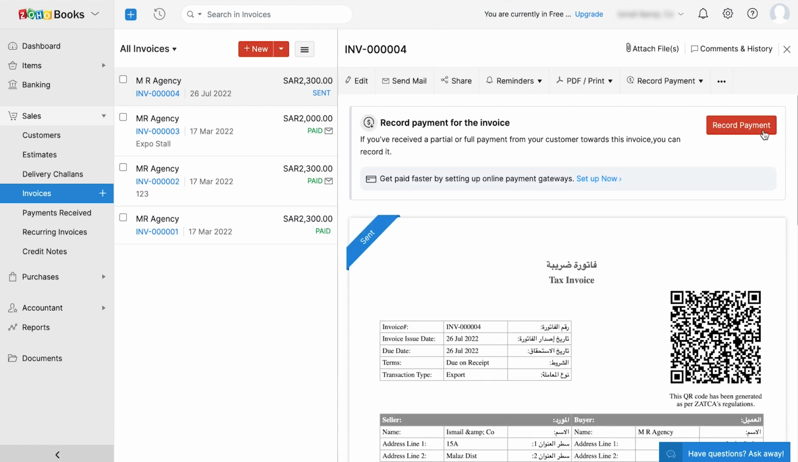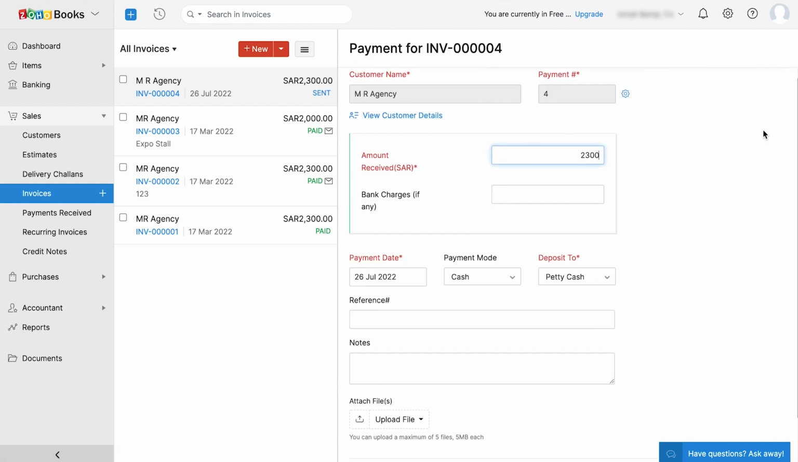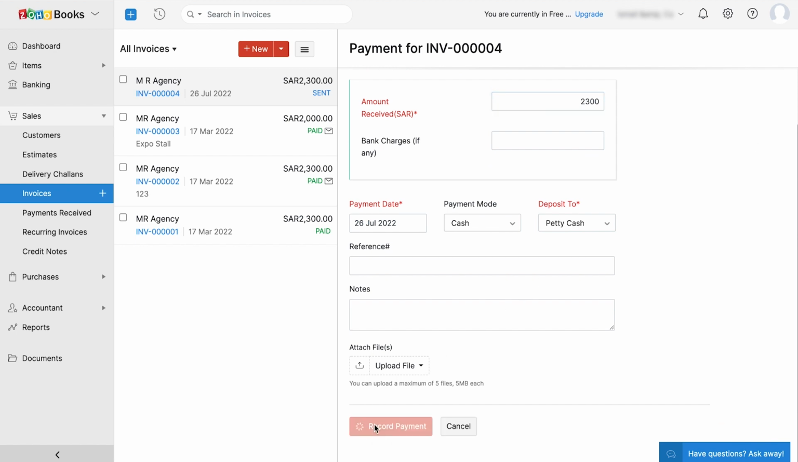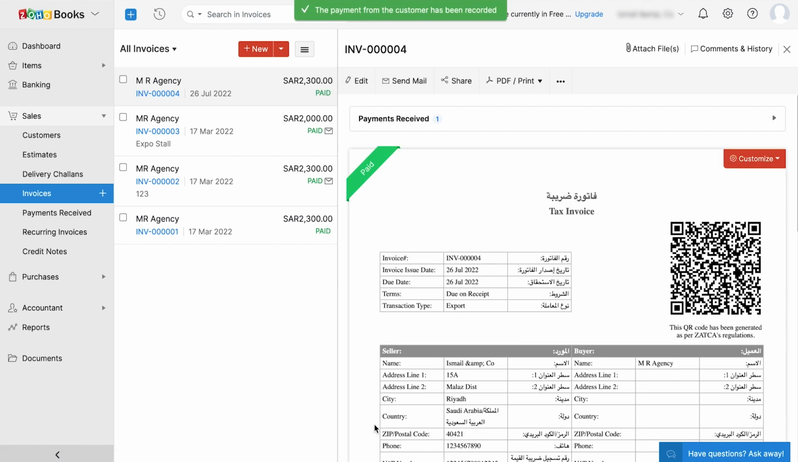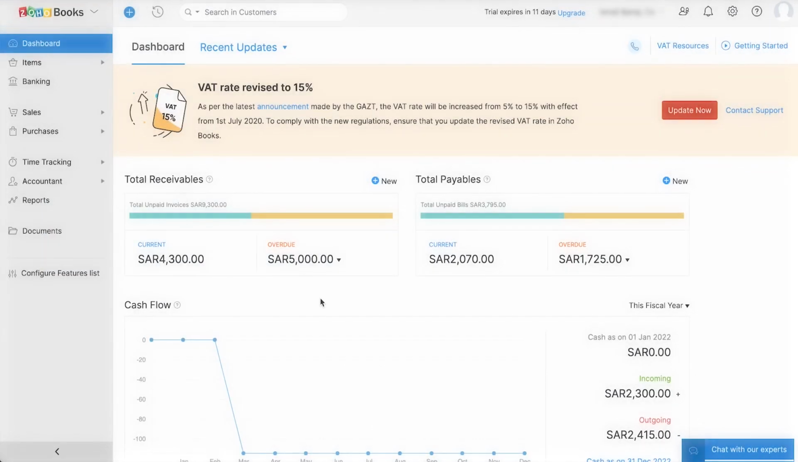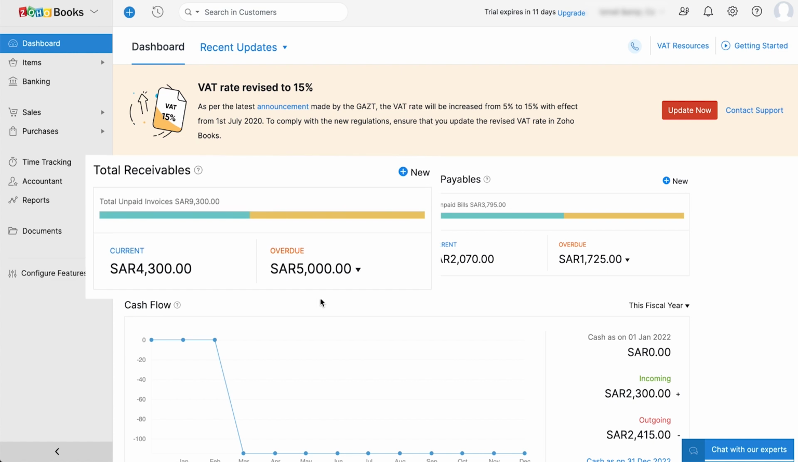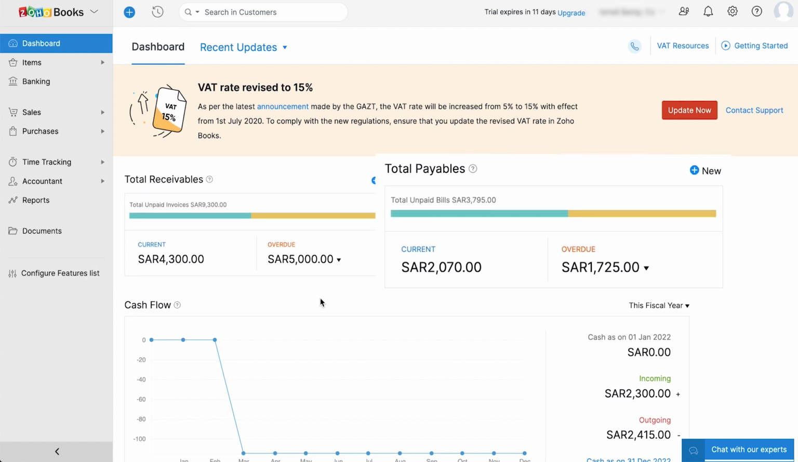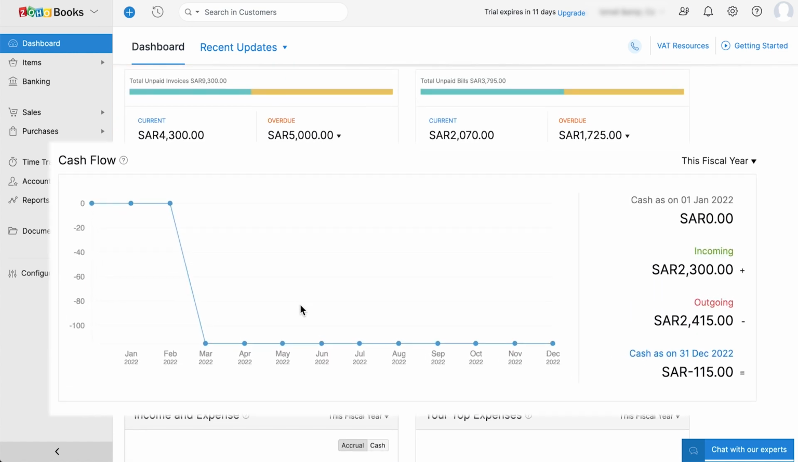You can choose to record payments for your customers manually. After the payment is recorded, the invoice status will be changed to paid. Now let's get back to the dashboard, which will give you an overview of your financial health. Once you start creating transactions, you can view different business metrics for your business, such as your total receivables, total payables, the cash flow in your business,